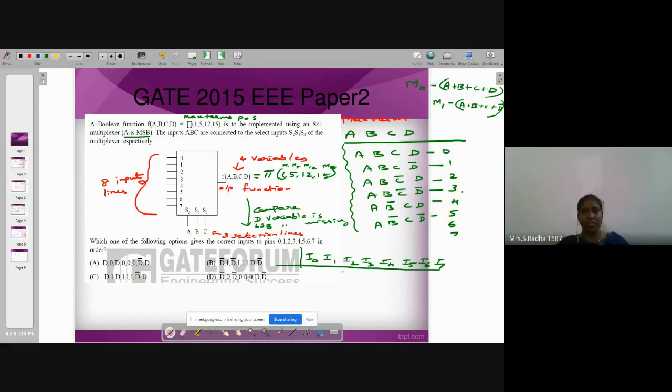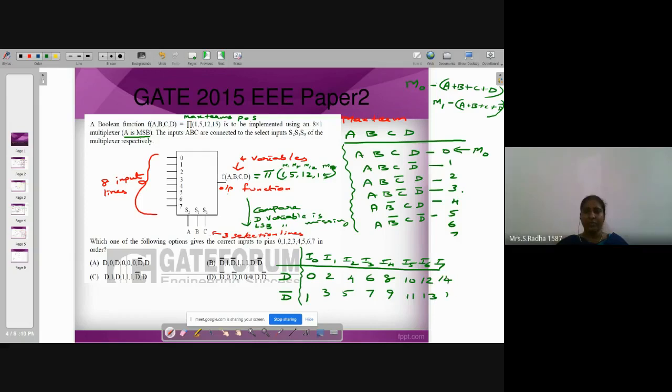Okay, you need this max term writing and min term writing, only then you will be clear without going wrong. First I have to write D, then followed by D complement, because in max term M0, D is a normal variable. In max term 1, it is the complement variable. 2, 3, 4, 5. This way, I should not write horizontally. In order to get this logic, I am explaining so many things. So the first time it will be heavy for you. Once you understand, it will be very, very easy. You will not go wrong.